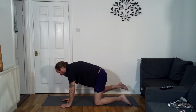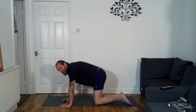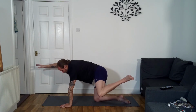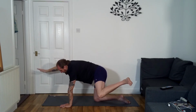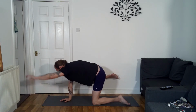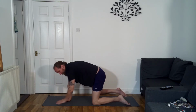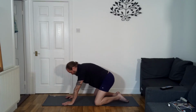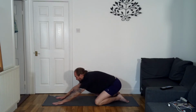and then down. We're going to do that once more on each side. So left leg to the side, raising up the right arm, and then down. Right leg to the side, raising up the left arm, and then down. From here to extended child's pose, so knees wide, toes towards each other, bum to heels, sliding